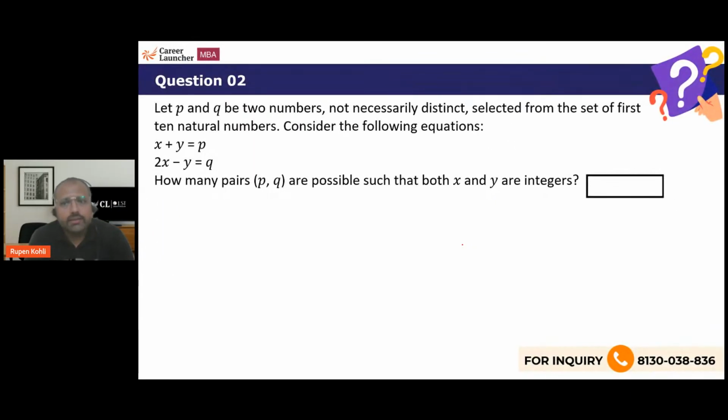All right, let's look at the next one. Again, this is something based on the algebra of